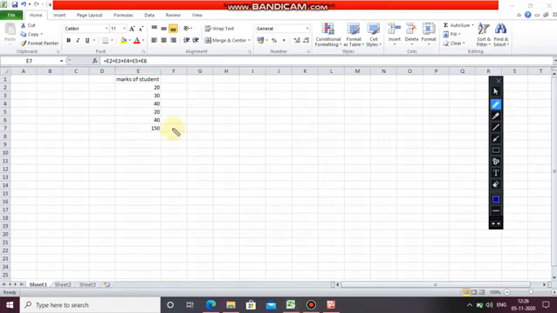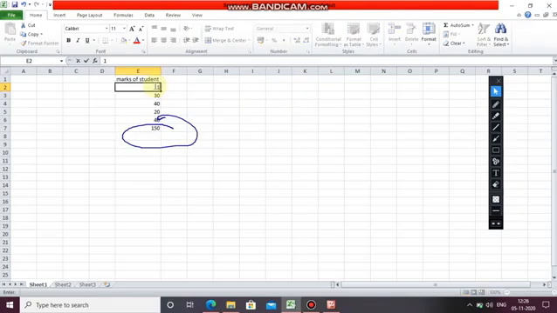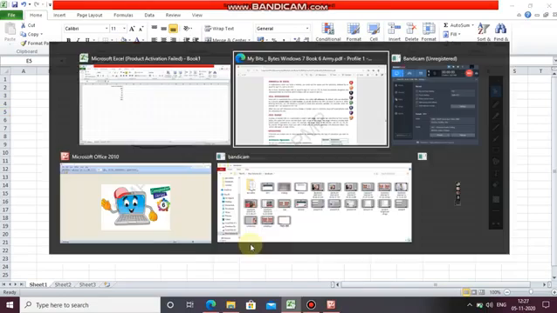Now I am changing here, instead of 20 I am writing 100, pressing enter. See, the value changed to 310. Here 25, enter. Thus automatically the values are changing.